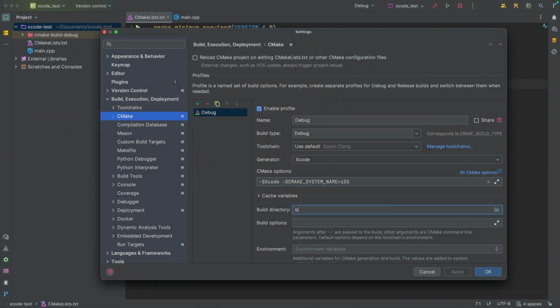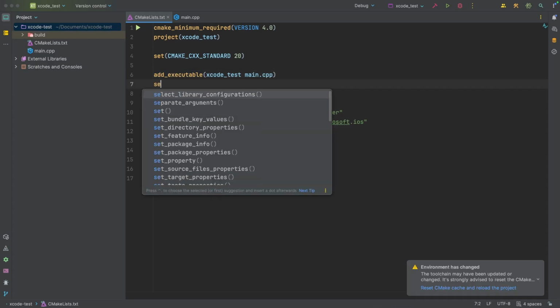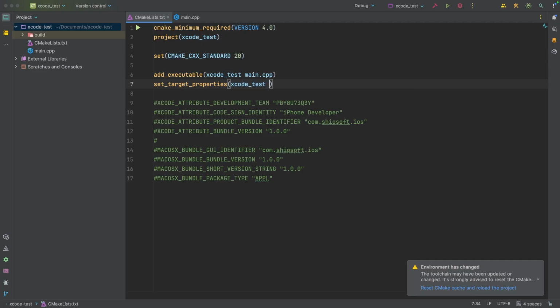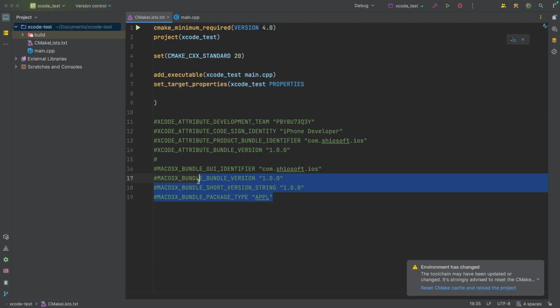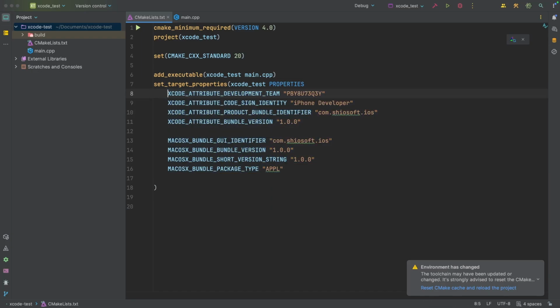And also, again, the default build directory that CLion creates makes no sense in slides, so I'll just get rid of it. Cool. So we have the executable. Now we have to set a few properties on the executable. So set target properties, Xcode properties, and those properties are these, which I copied from somewhere else on